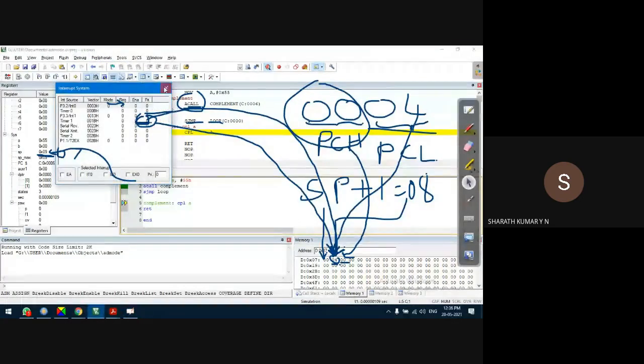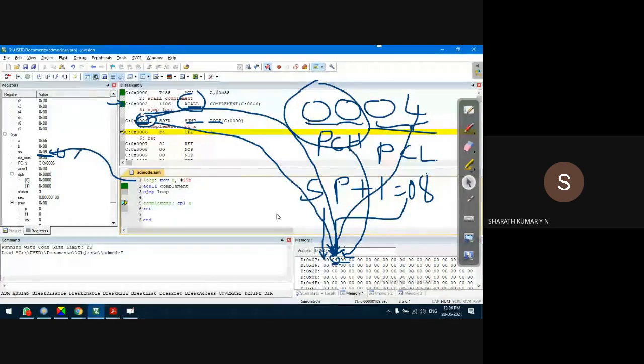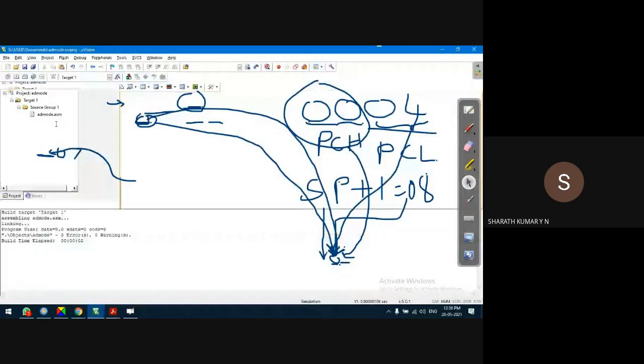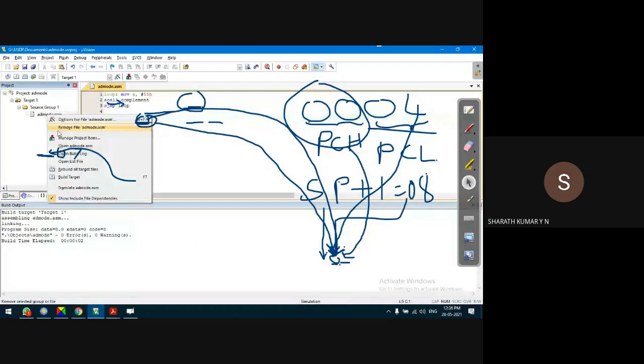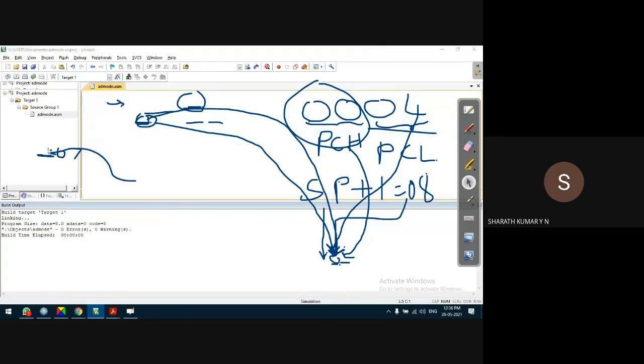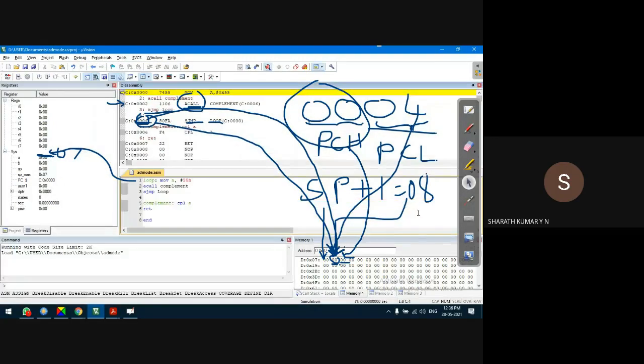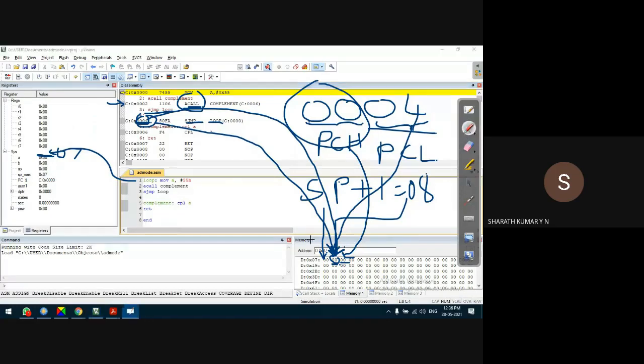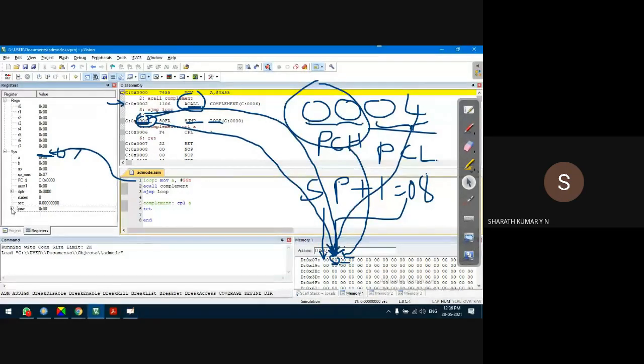Debug stop session. I'll run it again. Observe this location, this is very important. Debug start session. F11 on my keyboard. Initially observe that all these locations are 0. First of all, the stack pointer is also 0. Program status word is not important.